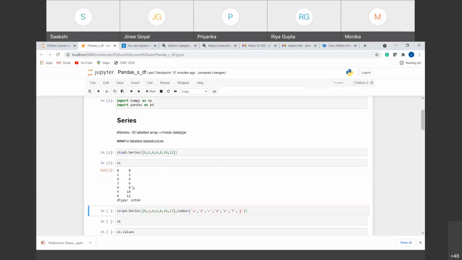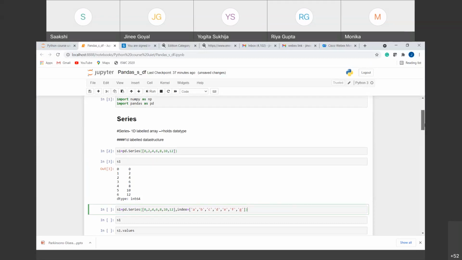So what is the difference between this and a 1D array that we did last time using the NumPy library? The difference is this. You can see that we have an index present here. So if I want to access this value, we have a special index that we can directly use. If I call this index, we will have this value. You can consider it as, suppose these are the keys that are linked to certain values, right? So if I want the value 6, I'll call the key 3, and you can name these keys as you want. These are not anything standard. You can give any name or any functionality to it, right?